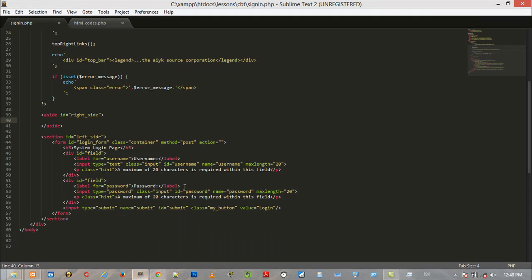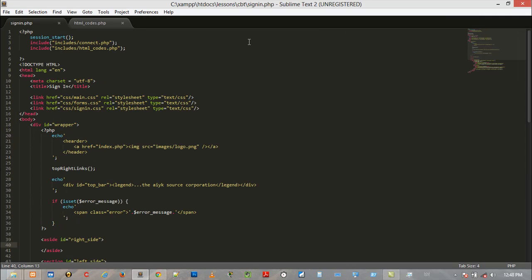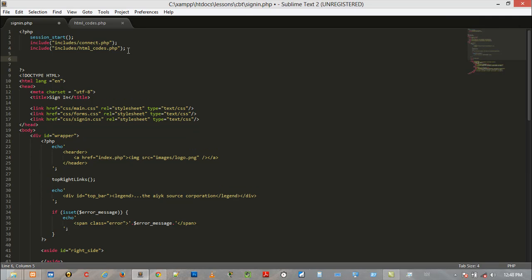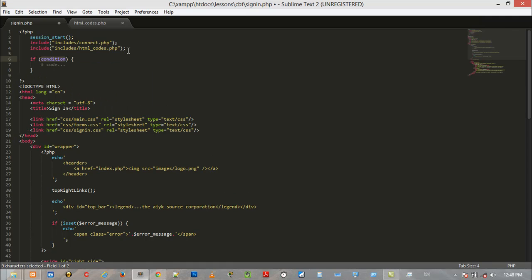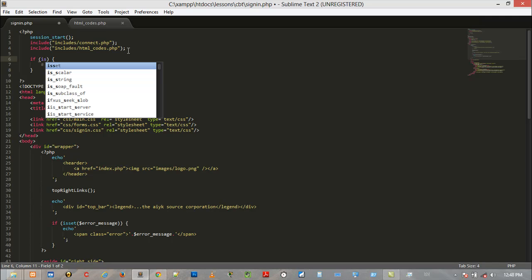Alright, having said that, I believe we are good to go. We are ready to start coding the PHP part of our sign-in system. Alright, what I would want to do is to put a check to check if a user has been signed in, and how we're going to do this is to check if our session has been created. So if it's set,